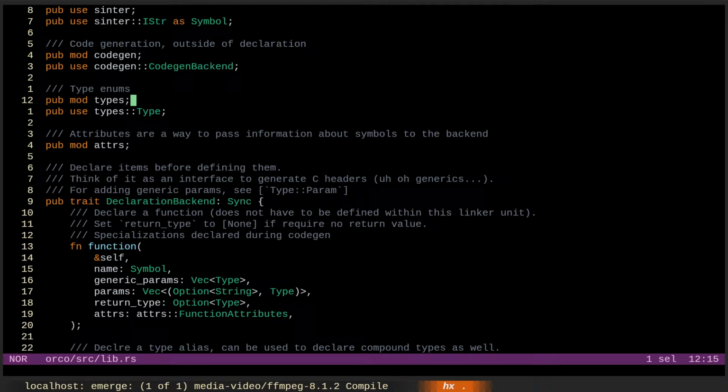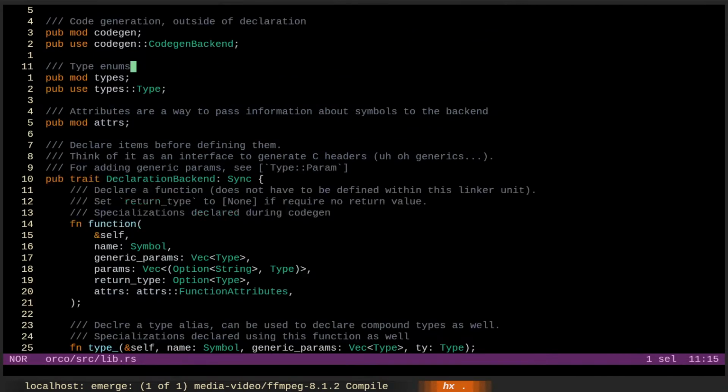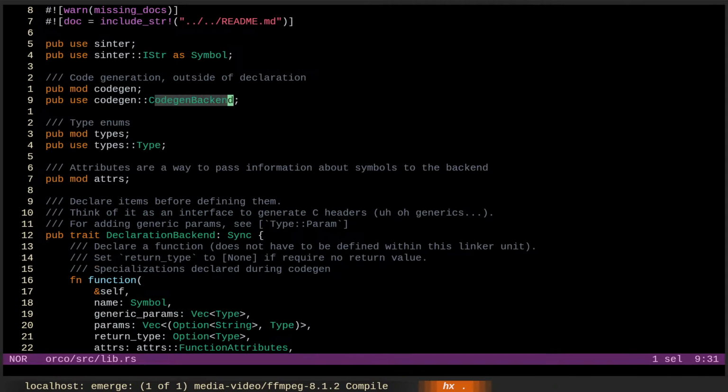Oh, also, I wanted to change it up. Oh wow, the declaration backend actually is a very simple trait. Didn't realize that. You have two functions, no dyn, no impl, no nothing. It takes no lifetimes even, but it does require Sync. For some reason. I honestly don't know why this bound is here.